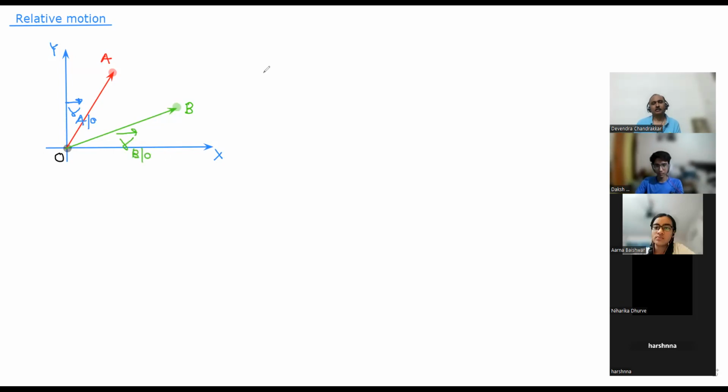Harshana, you understood this or not? Hello? Hello? Yes, sir. तो यहां पर